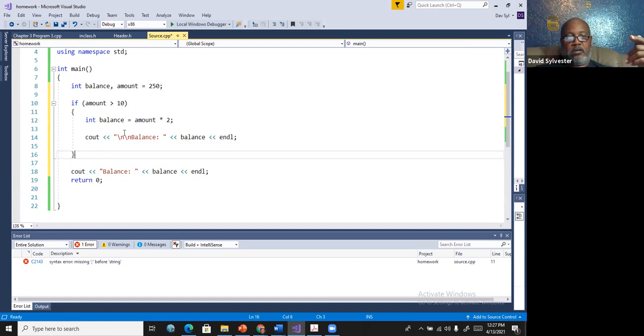Let's say, cout balance, and I'll say balance equal to 0. So balance is equal to 0 in the main scope because I have it declared and initialized in the main scope. But within the main scope, I have another scope within it. And in this scope, balance is equal to amount times 2. So if I output balance here, it should output what? 250 times 2, which is 500. When I break out of this scope and print the balance, now it should print out the balance from this scope, which is 0. All right. So if I debug this,